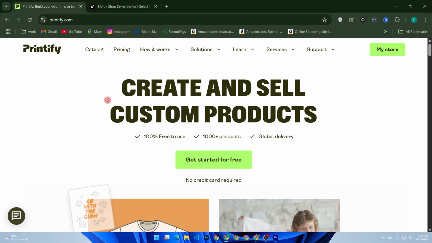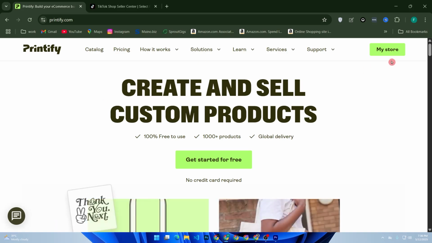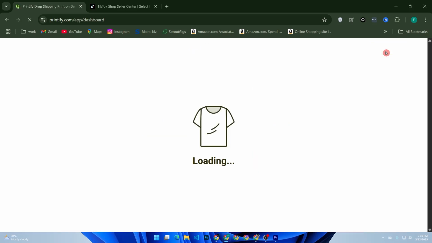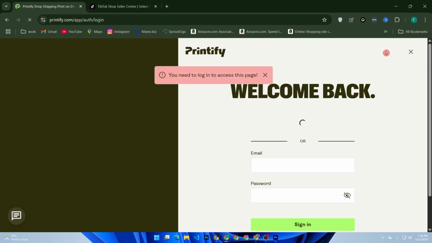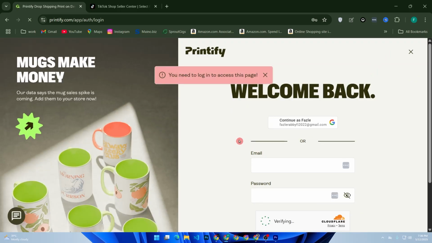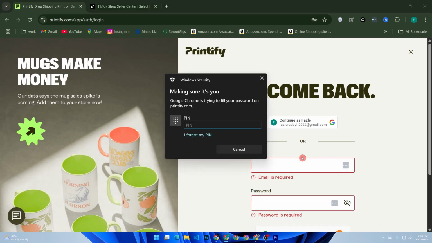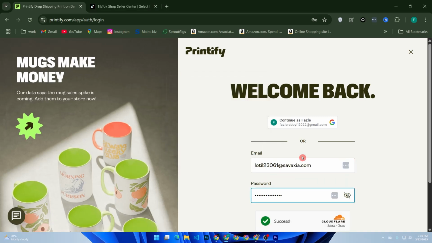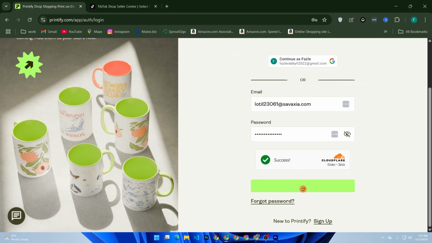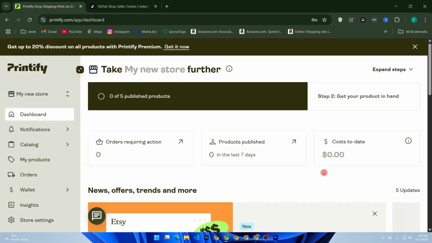Step 1. Go to Printify dashboard and click on add product. Before we start, sign into your account, enter your login credentials, and click sign in. Now click on my products tab